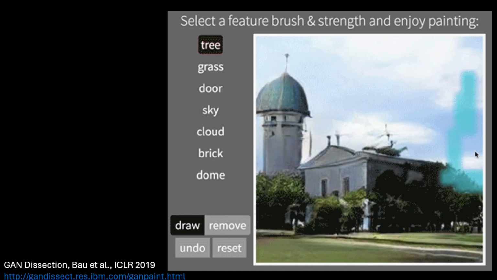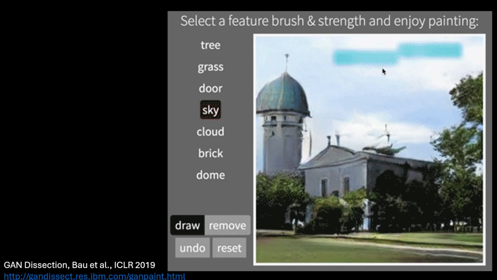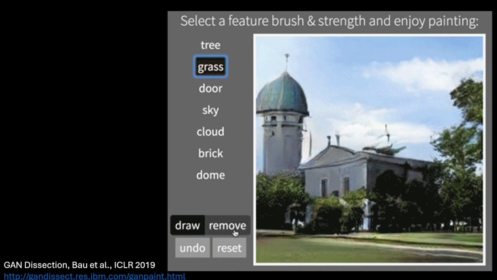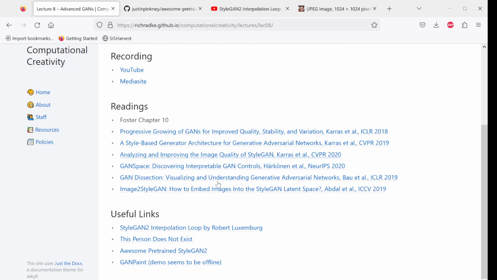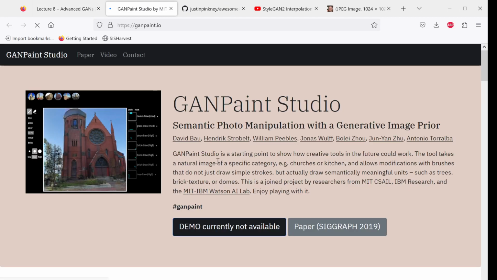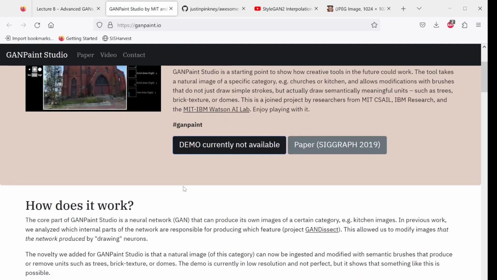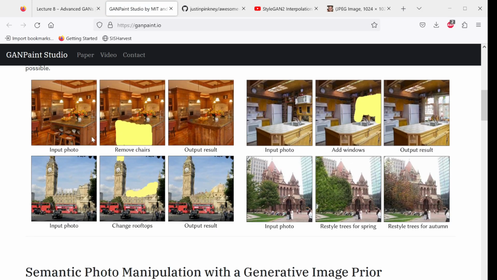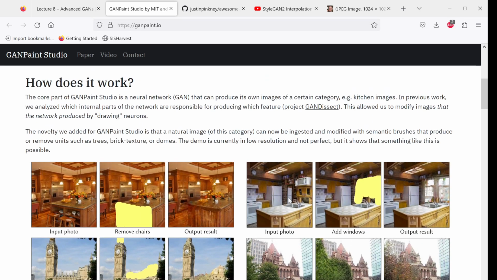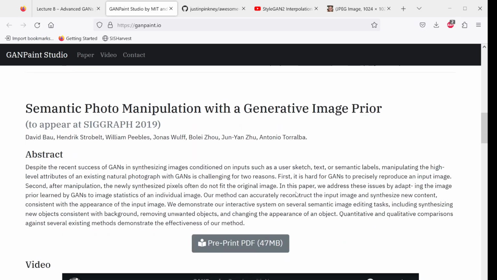It was pretty crazy. And I wanted to show you this thing live, but unfortunately it seems like the GAN Paint site went offline between the summer when I wrote my notes and now. So if you go to the GAN Paint link, it says demo not currently available, which is too bad. But here you can see some more examples. I can take an input picture, rub my finger over the chairs and say, remove the chairs. And this is all basically on top of, I want to say StyleGAN, but